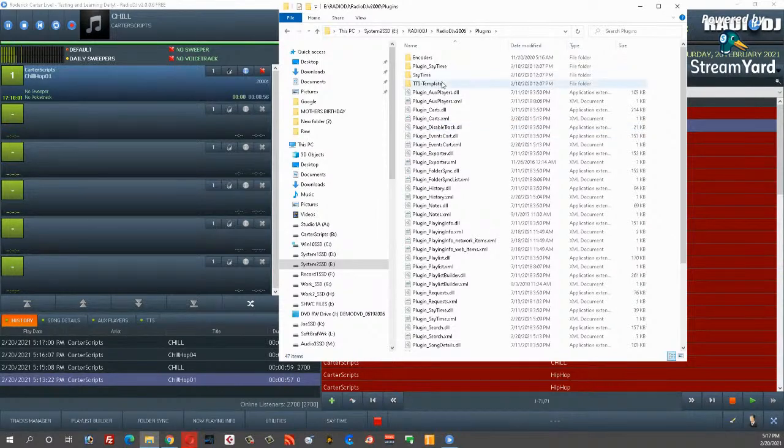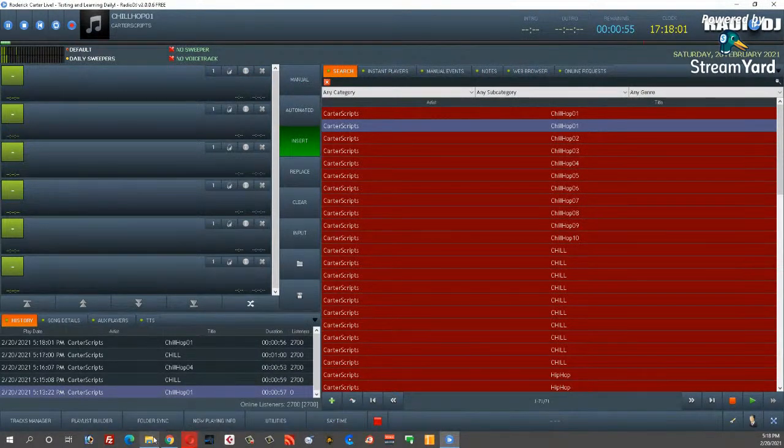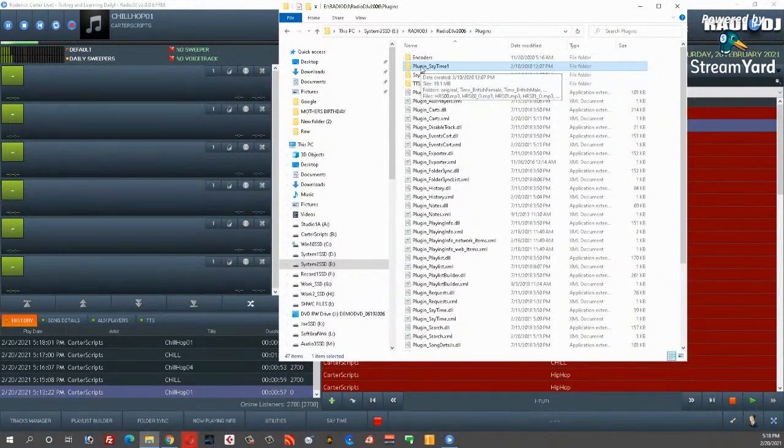The other thing you have to have is a folder inside the plugins folder called plugin_saytime and saytime. Now I'm going to see if I can test this. I'm going to rename this. I think it's this one. I'm going to put a 1 on the end if it'll let me. Okay. And see if it'll say the time. Okay, so it will not let me say the time. So the name of that folder inside of plugins has to be plugin_saytime